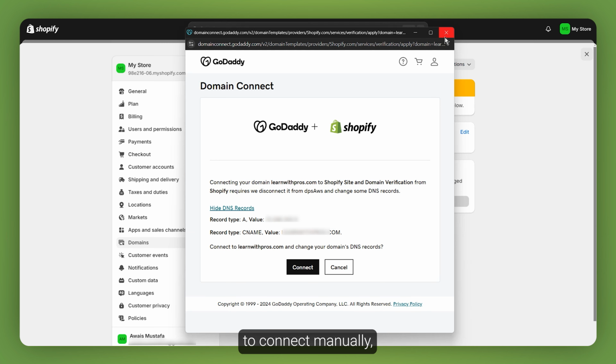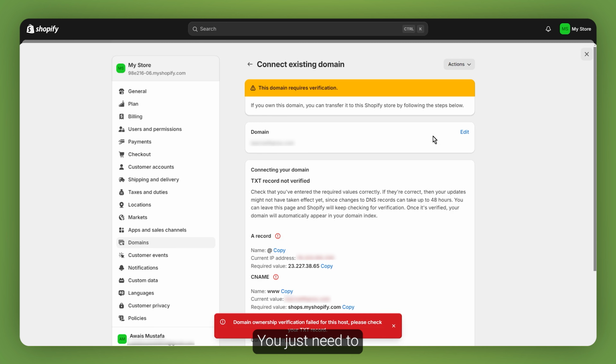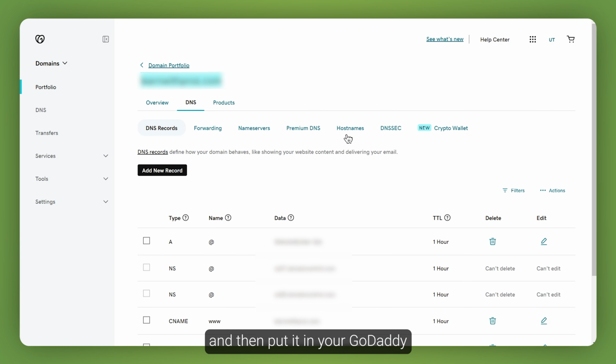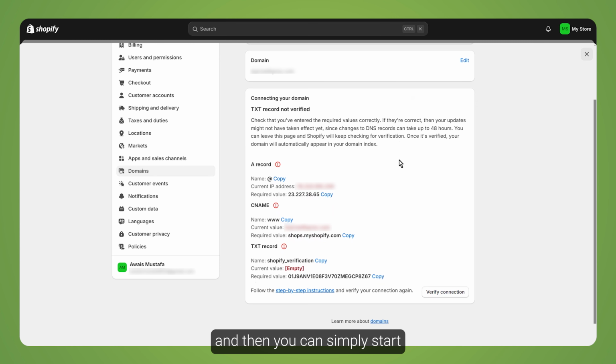Otherwise, in order to connect it manually, let's say you are using some third-party domain provider, you just need to copy all of these records and then put them in your GoDaddy DNS settings. So to do so, you just need to click on add new record, and then you can simply start by